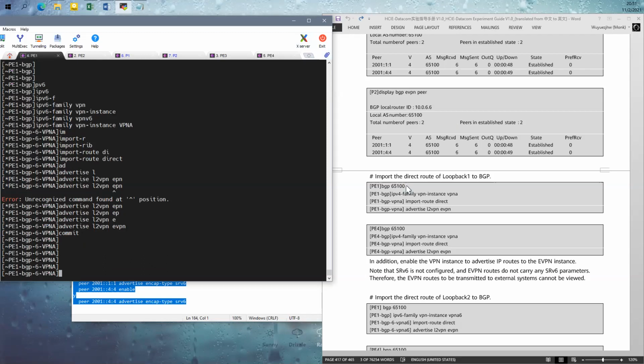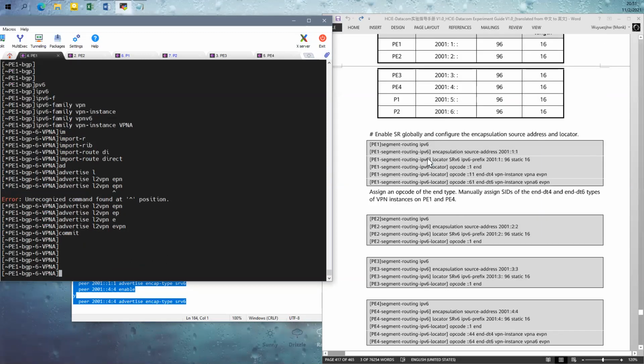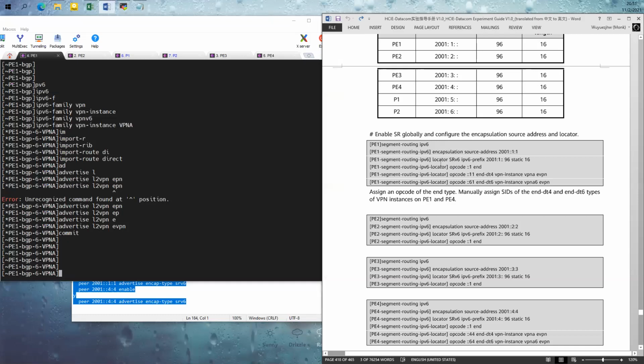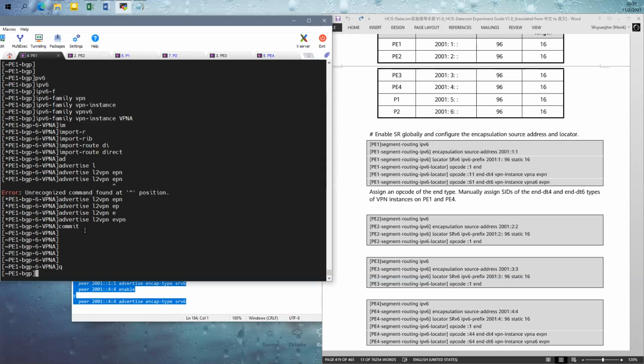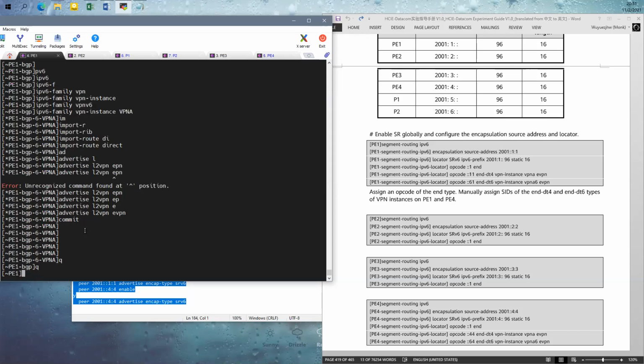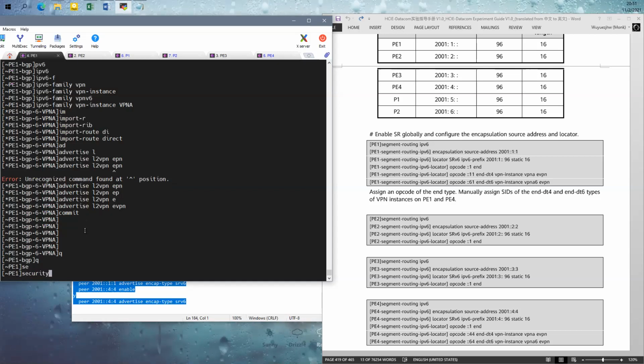Okay, after that, we need to set the opcode, like the End.DT4. This DT4 you can actually leave out. If you want to set it, it's okay. If you do not want to set it, you can leave it. So to save some time I do not define the End.DT4 and End.DT6 opcode. I just directly use